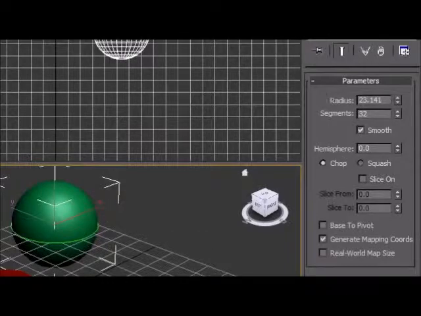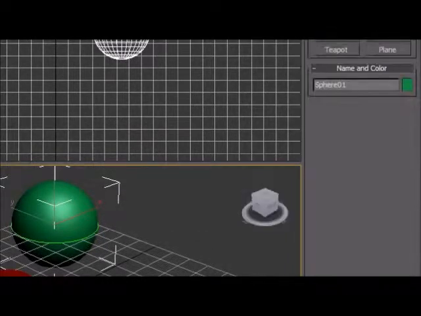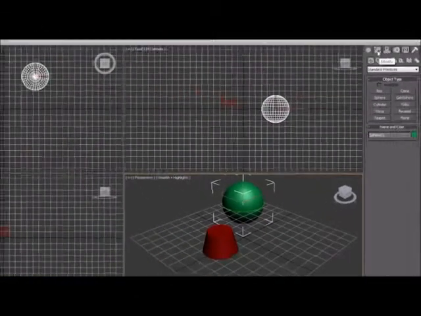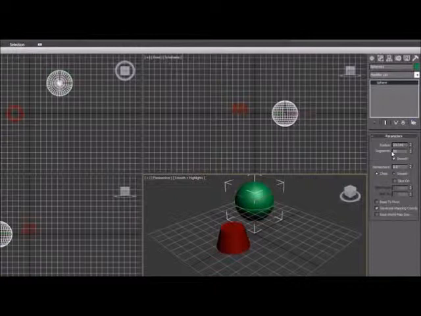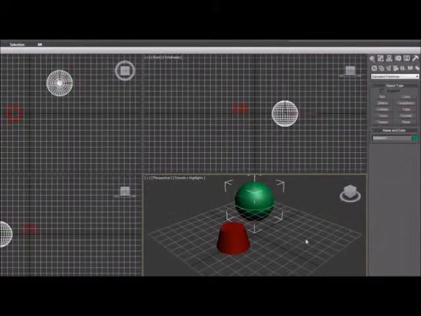So again, I don't want you to forget that. As soon as you create an object the very first time, you can edit it by hand. But as soon as you click away from it, then you can't edit it anymore. As soon as you click away from it, then you need to go to the Modify tab, and that's how you can edit it. So I guess the last thing important that I want to teach you in this tutorial,